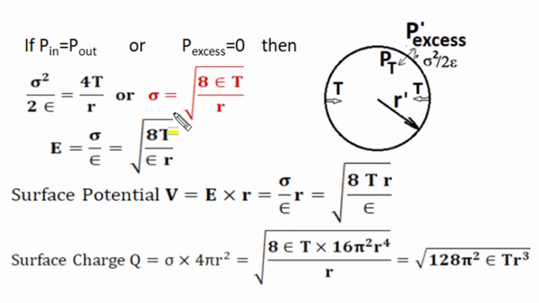If in a charged bubble the internal pressure and external pressure are equal and there is no excess pressure difference, then we can say the electrostatic force acting in the external direction and the surface tension pressure that tries to reduce the radius become equal and opposite. So the surface tension pressure 4T by R becomes equal to the electrostatic pressure, and by solving this equation we can find out the surface charge density on a charged bubble having surface tension per unit length capital T and radius R in a media of permittivity epsilon as square root of 8 epsilon capital T divided by R.